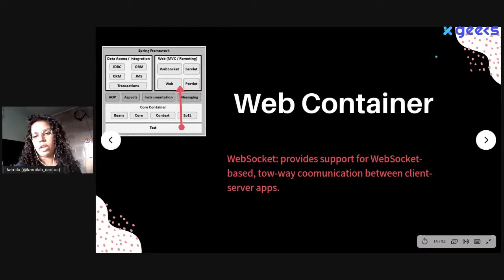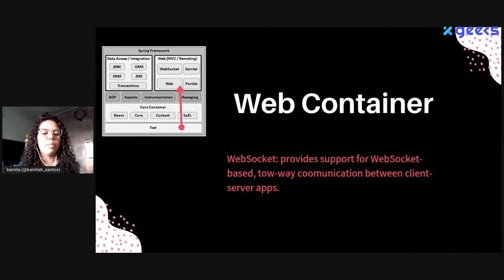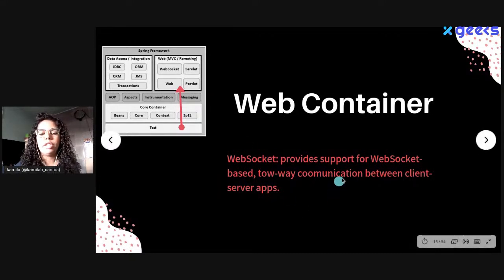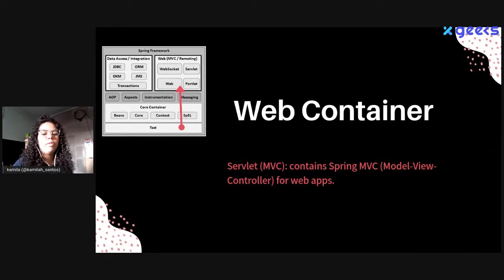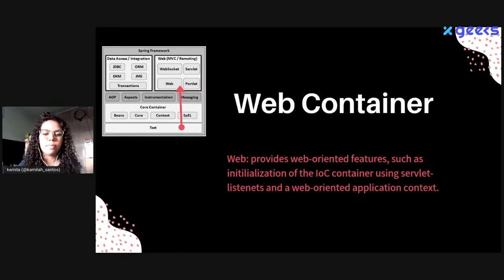In the web container, we have some features. We have WebSocket that provides support for WebSocket-based applications and communication between client-server apps. We also have the Web Servlet module, that is Spring MVC, a servlet container that contains Spring MVC for web apps.